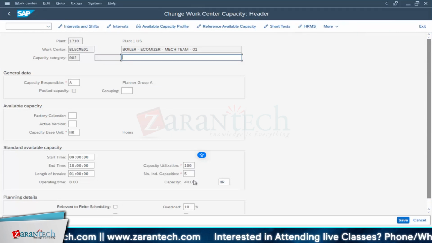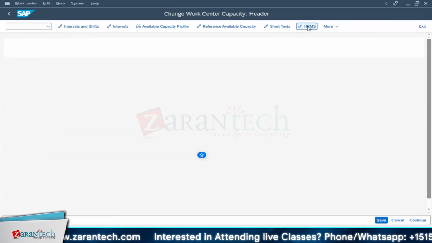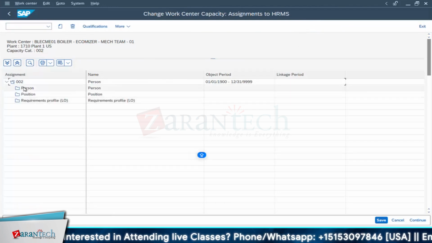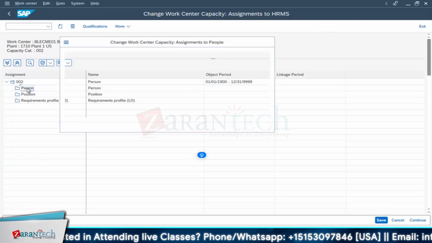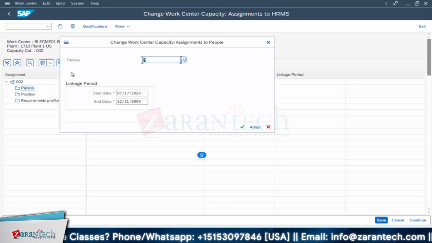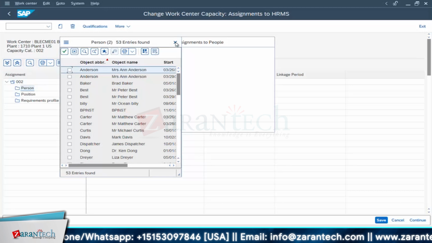Now for example, say 5 people are there. Now it is integrated with the PM module and this HRMS module. Once you click that, this particular screen will open. In this, you go for person. Double click on this. Then you search it in S4, like in SAP. Normally you search. If you put star, everything will come, all data. Or you mention, for example, star